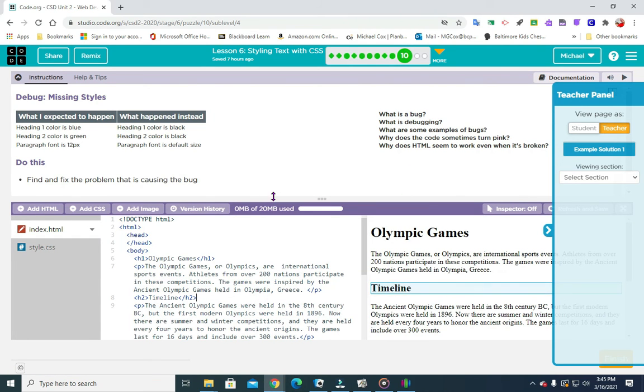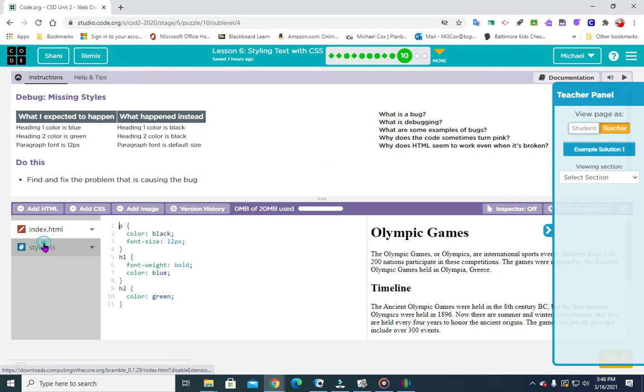Okay, so what I expected to happen: Heading 1 color is blue. Heading 2 color is green. Paragraph font is 12 pixels. What happened instead? Heading 1 color is black. Heading 2 color is black. Paragraph font is default size. So we are going to look in the style sheet,